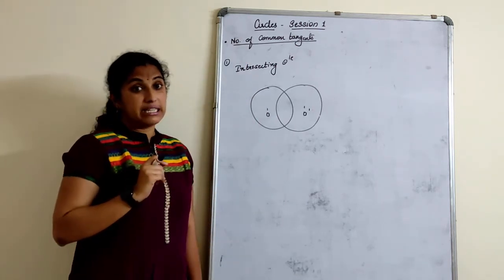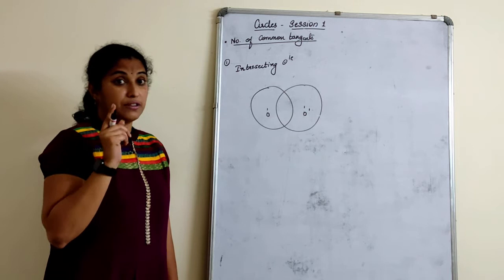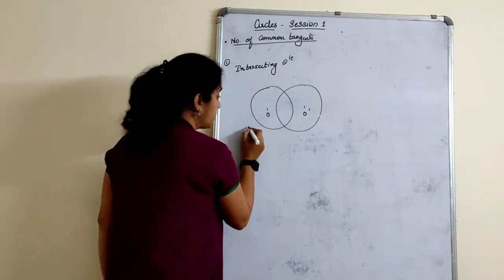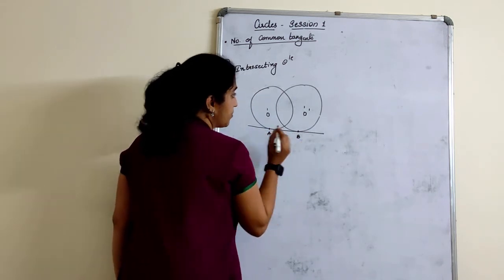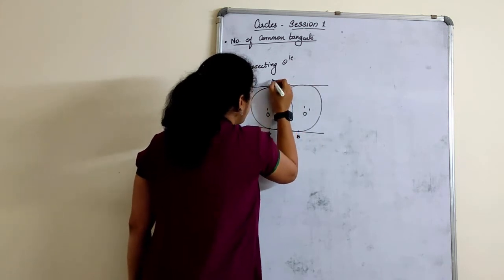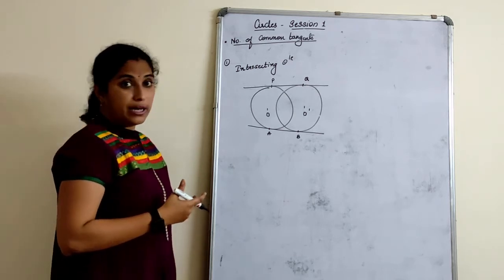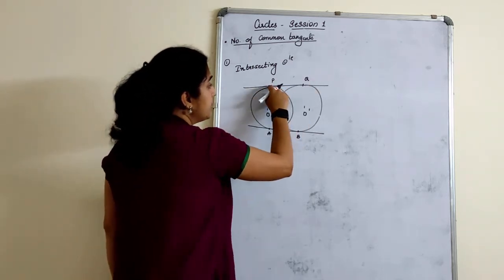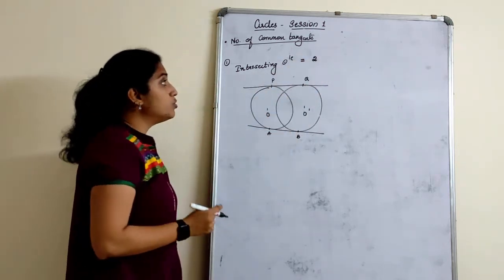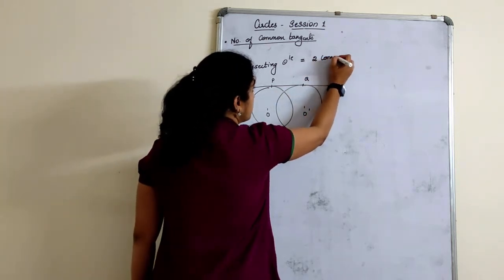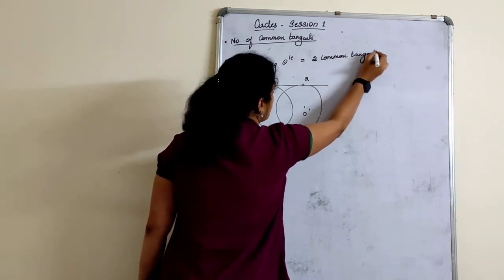Suppose I have intersecting circles. In intersecting circles, how many common tangents can I draw? We know that the property of the tangent is it should have one point of contact. So this is point of contact A, point of contact B. One tangent, point of contact P, and point of contact Q. Any more tangents can I draw here? No, I cannot draw, right? Because it has to touch both circles. So in intersecting circles, we can have two common tangents. You have to draw this neatly.